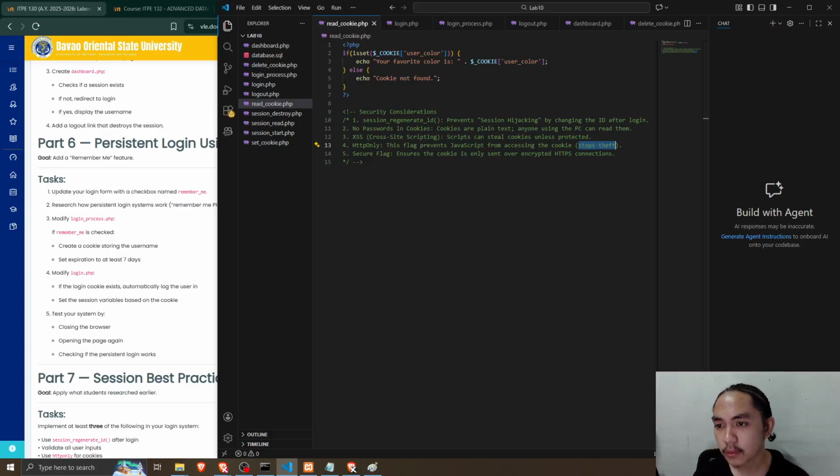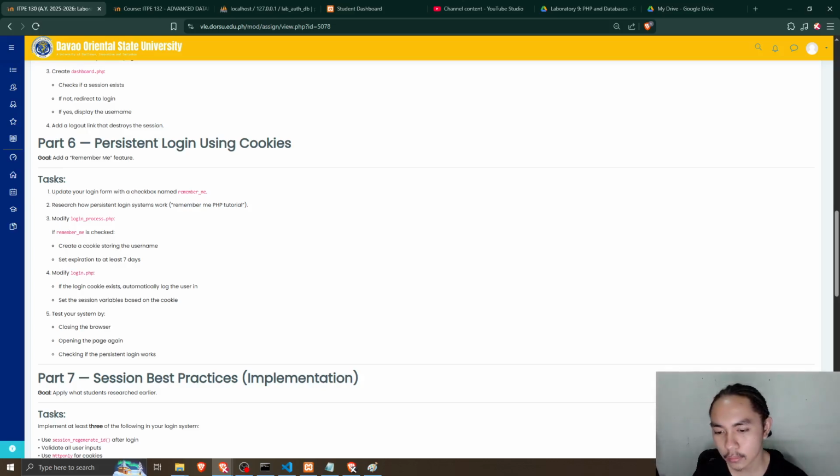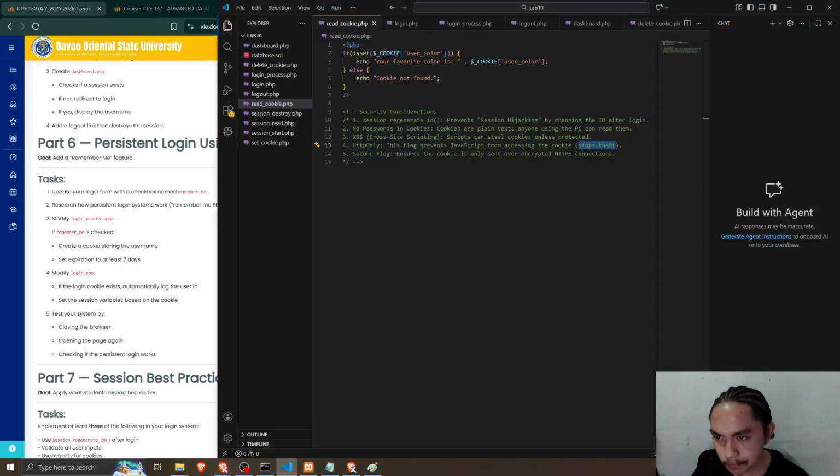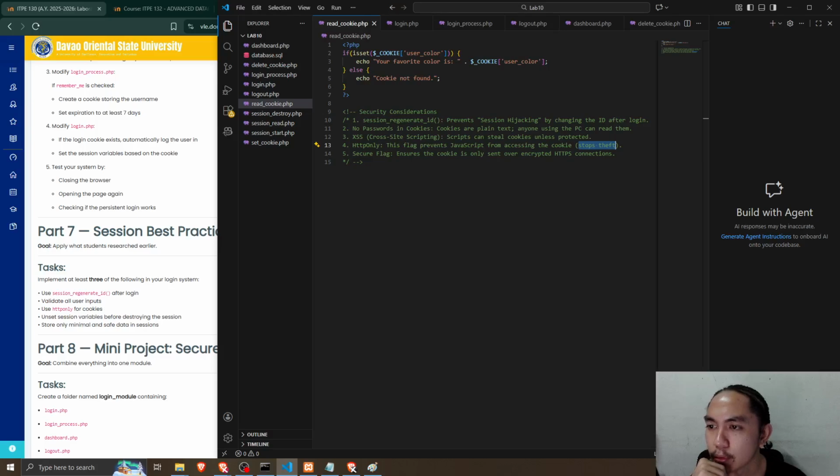Part 6, persistent login using cookies. Update your login form with a checkbox. Remember how persistent systems work. Modify login process.php. Remember to check the username. It should store the username, with expiration of at least 7 days. Modify login.php.